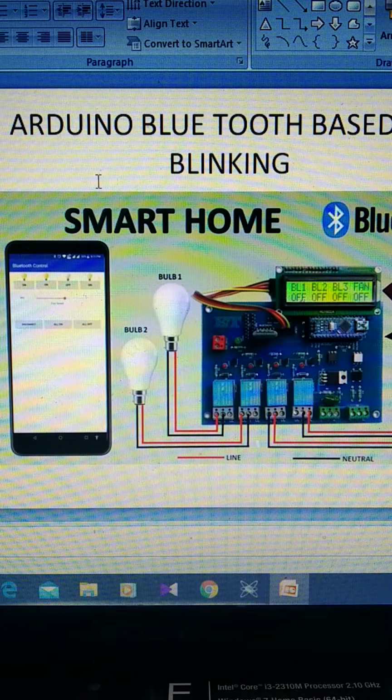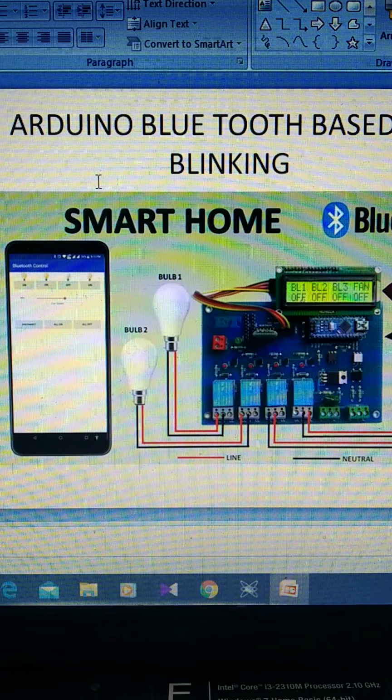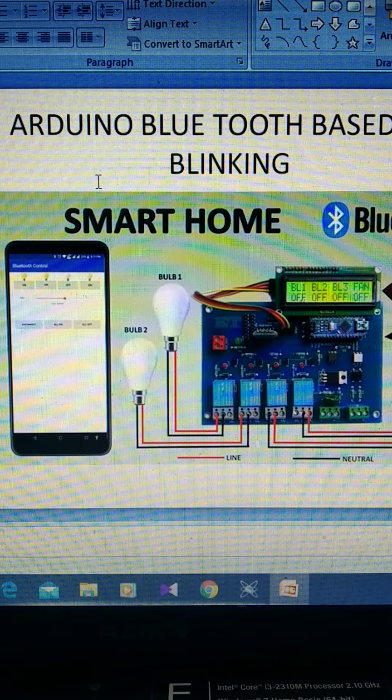The next slide represents the Bluetooth controlled LED blinking. By using the Bluetooth app from our mobile, we are turning on and off the LED.